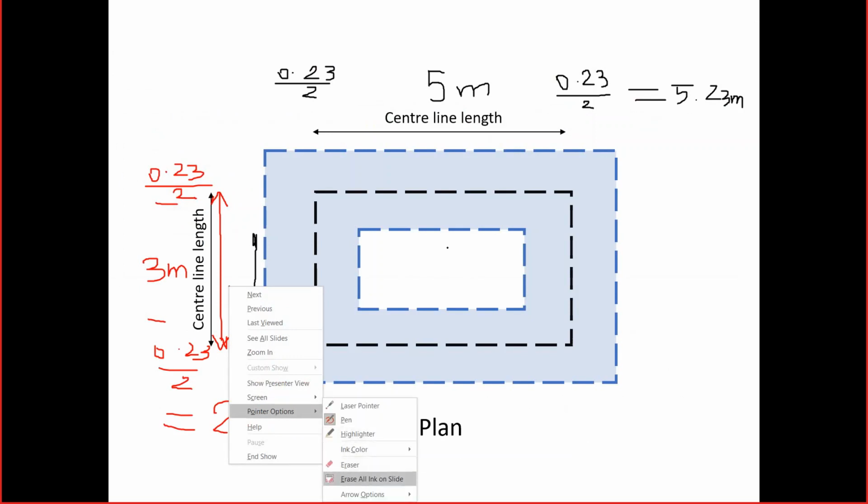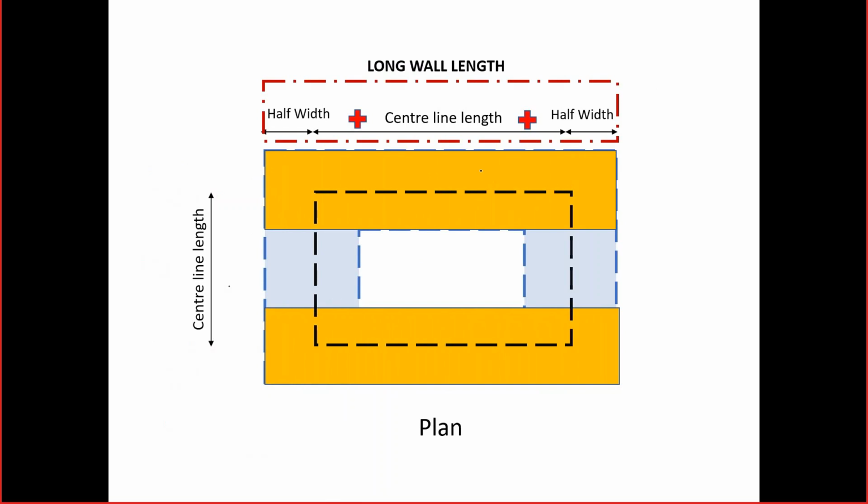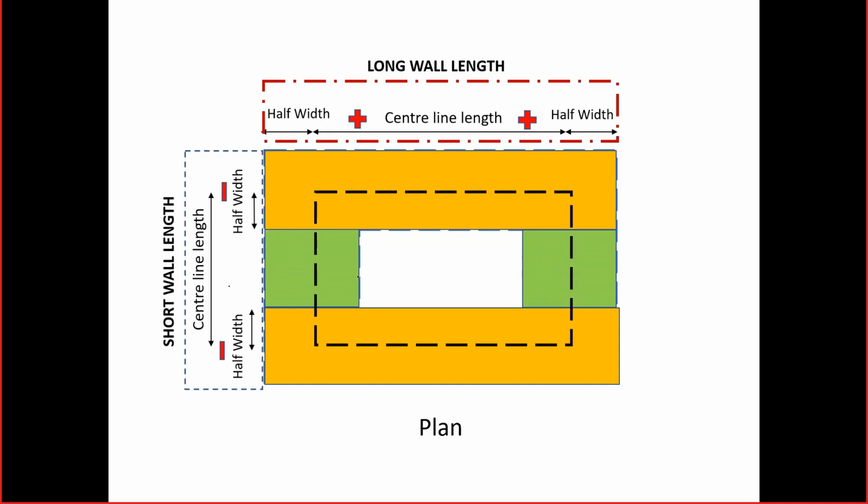Once I have these things, the next thing is, because I have two walls, I am doing the calculation for one wall. Because this is symmetrical in length and everything, I can just multiply it by two numbers. Here also it is symmetrical, hence I can multiply it by two numbers. Hence I get the total length of long wall, total length of short wall, multiplied by two numbers, multiplied by width.